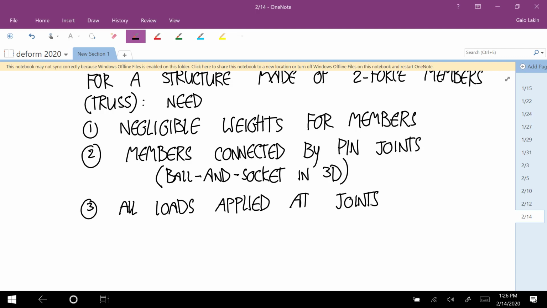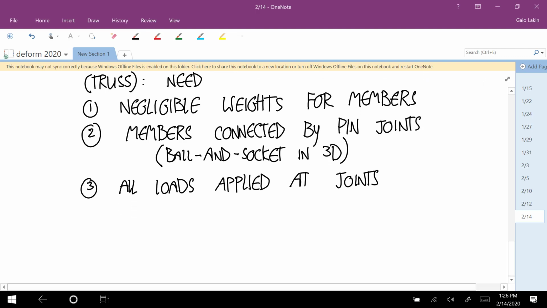So this simplification won't work. Okay, so it's a lot of simplifications. You can't make those simplifications and get good results all the time, but when you can,